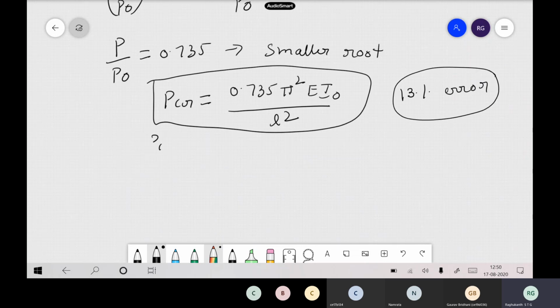Now if you want to improve the solution, what do you have to do? You add one more sine term. Which term will you add? Sine 3πx, you have to add. The next one will be sine 5πx. You can verify. If you take even terms, you may not get a nice result, the error may not decrease much. But now from 33% we have come to 13%. If you add one or two more terms, your error can be decreased further.